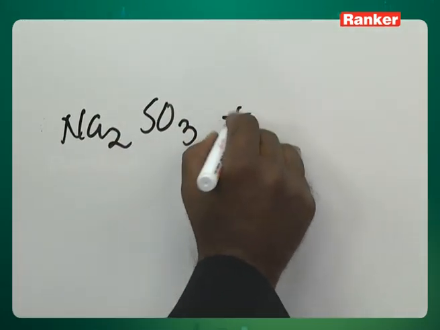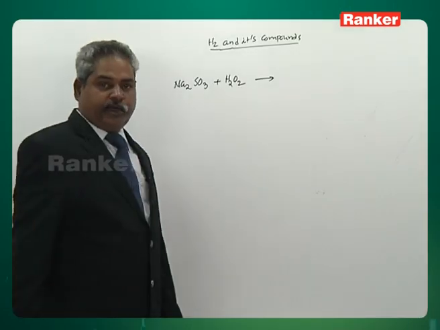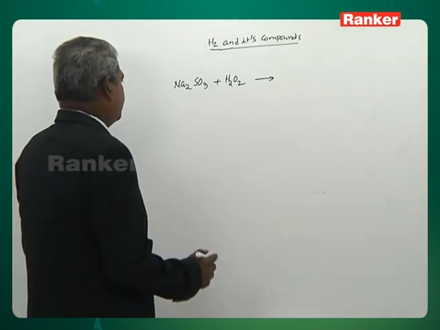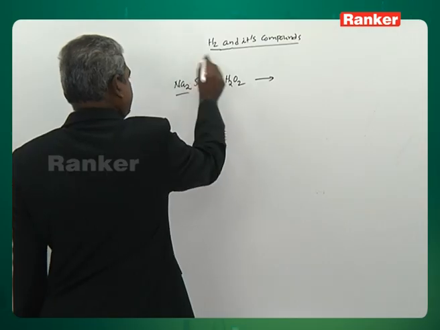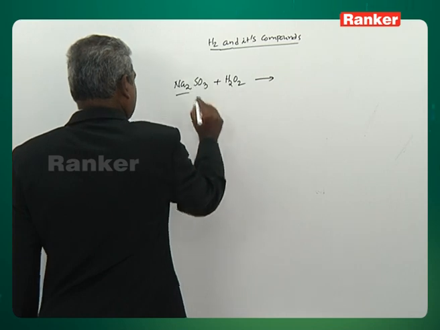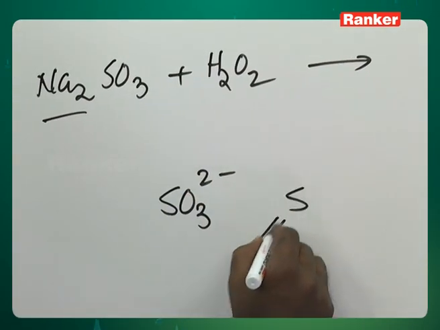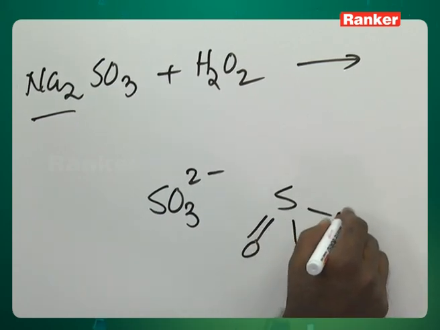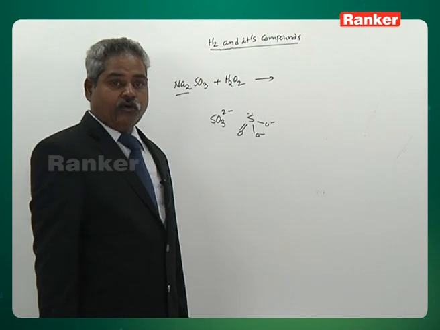Na2SO3 plus H2O2, what will happen? Na2SO3, sodium sulfite. This Na+ is a spectator, forget about that. Only sulfite is reactive. Sulfite, SO3 2-: S double bond O, O-, O-. It has a lone pair and it is pyramidal. Therefore,